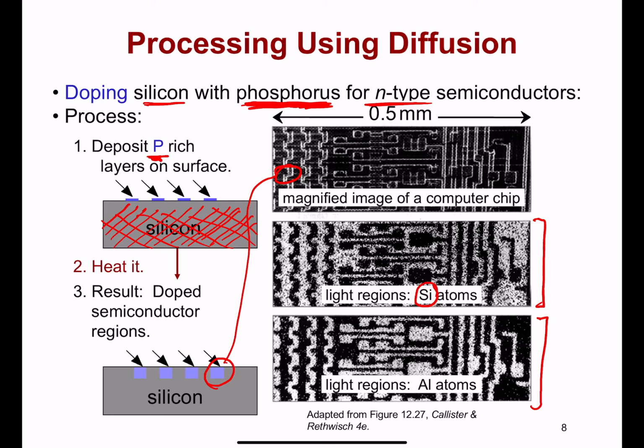So we can see here the white pixels indicate the area of pure silicon. And then the image below is the contrast complement, so it's the opposite shading, if you want. And now we see the white pixels are indicating the presence of aluminum. In this case, aluminum has been infused by a diffusion process analogous to what we said here for phosphorus. And we can see that aluminum is present in the white pixel areas in the bottom image, indicating that diffusion